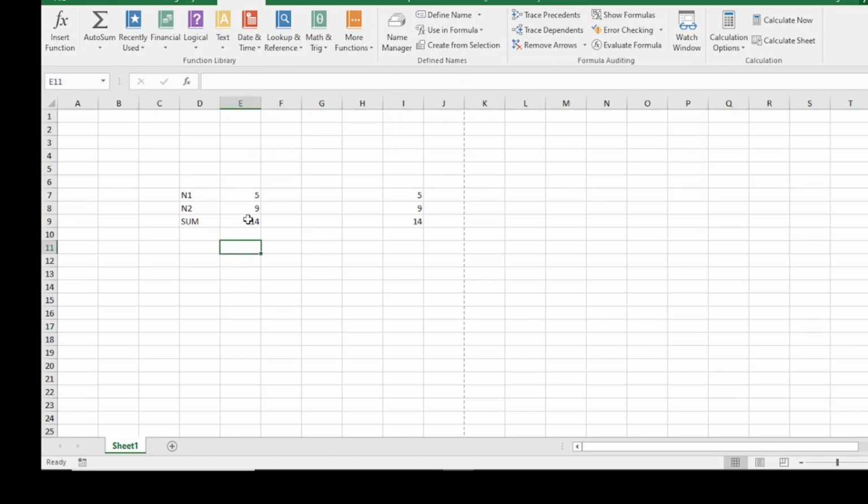Suppose, say, I want to find the sum of two numbers, I press equal to and I select the cell addresses of these two. Okay. Now, if I want to finalize it, using the keyboard, I can press enter. There is one more option using the mouse. If I press the correct option, then it gets executed. Okay, now let me do the same thing again. And if I feel that there is some mistake and I don't want to execute it, if I press cancel,